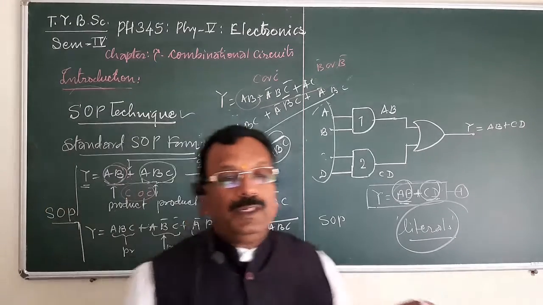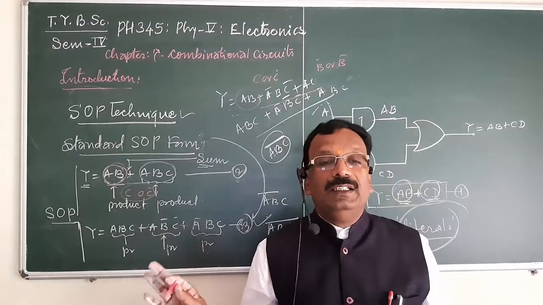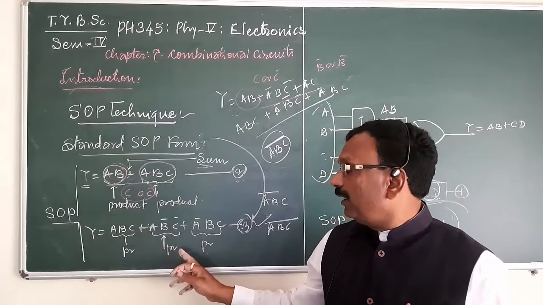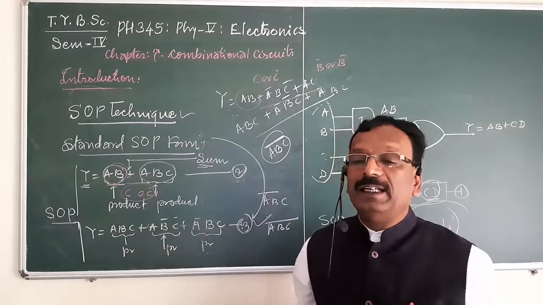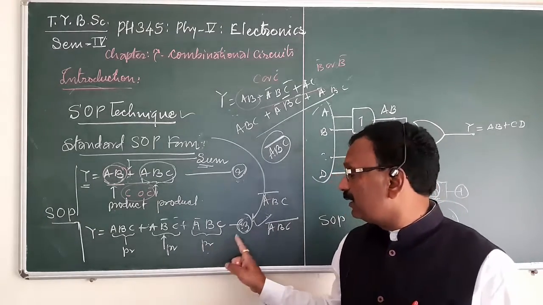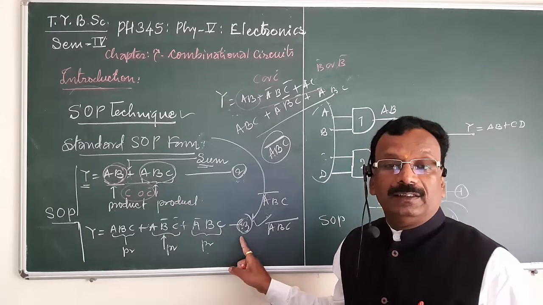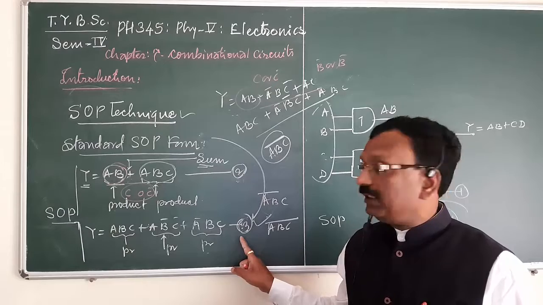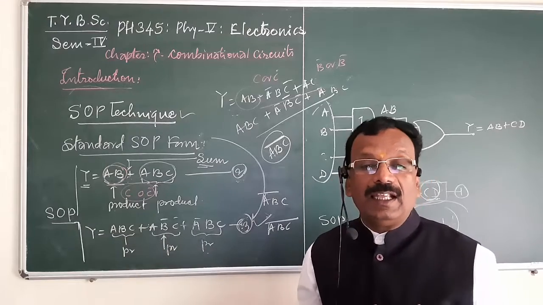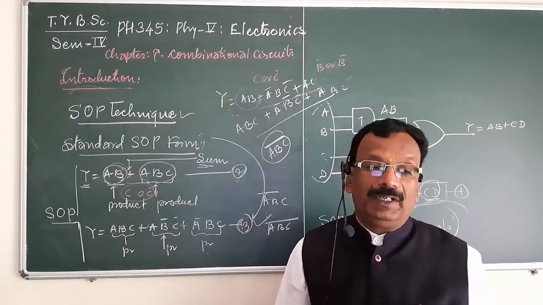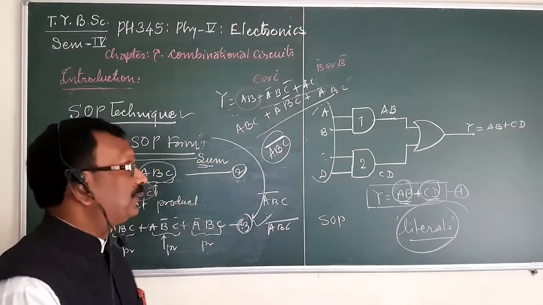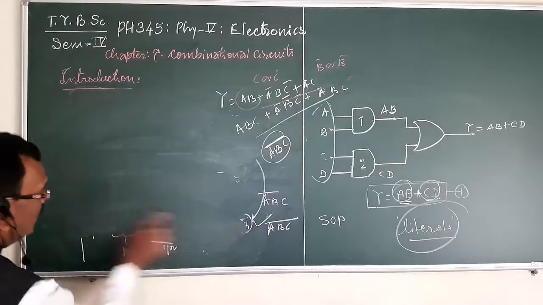But when you study equation 3, it is found that every product of this SOP has all the literals, because there are 3 literals or 3 inputs A, B, C. So the expression given by number 3 is in standard SOP form, because each product term in this expression contains all the variables A, B, C, either in complemented or uncomplemented form. Now we are going to see the procedural steps.